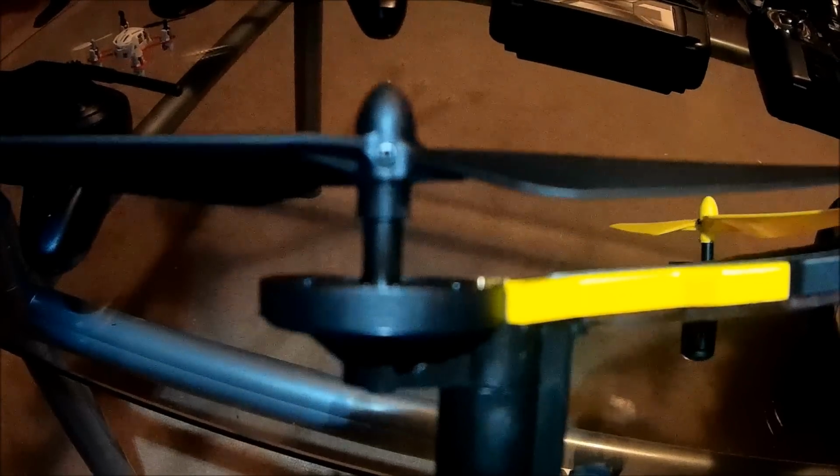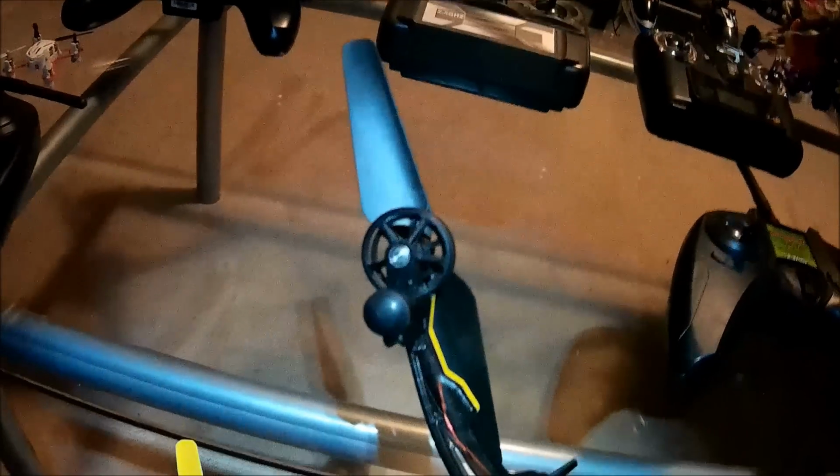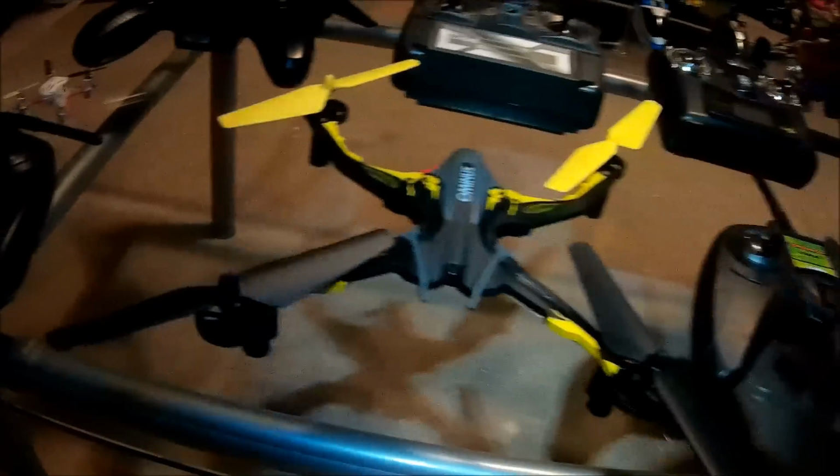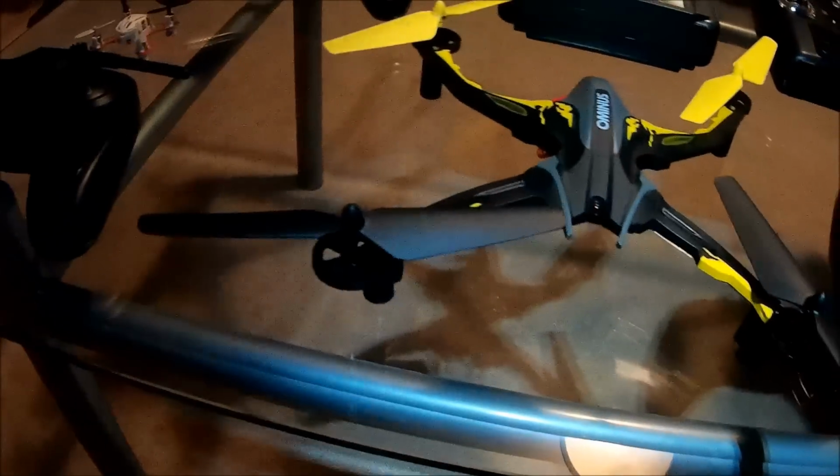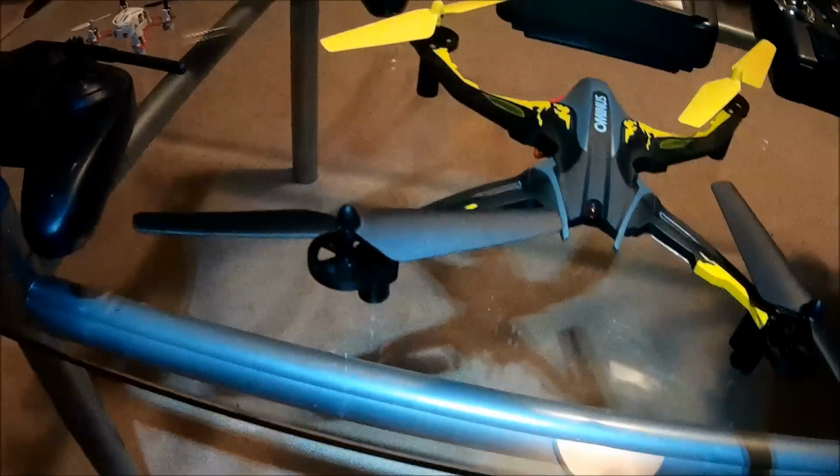There is a screw there on the prop that you undo. That comes off, and that allows the shaft to slide out the bottom. Then after that, you just replace it with the new shaft and put the screw back in, and then that's it. But as far as the motor goes,